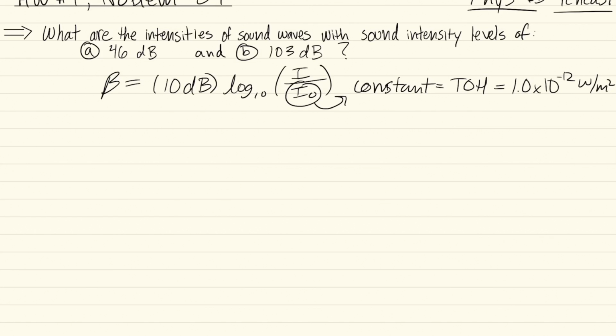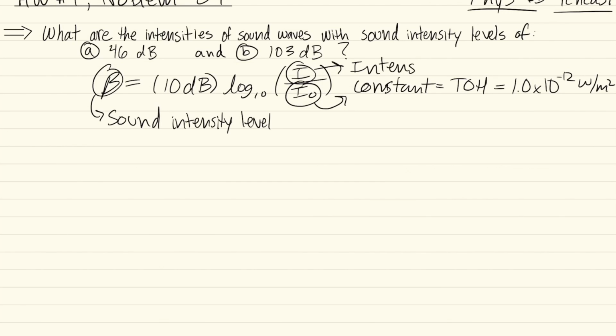And beta is the sound intensity level. As mentioned earlier, it's in decibels, and I is the intensity that we're trying to find. We can rearrange this equation to give us I, the intensity that we're trying to find. If we rearrange this equation, we find that I equals